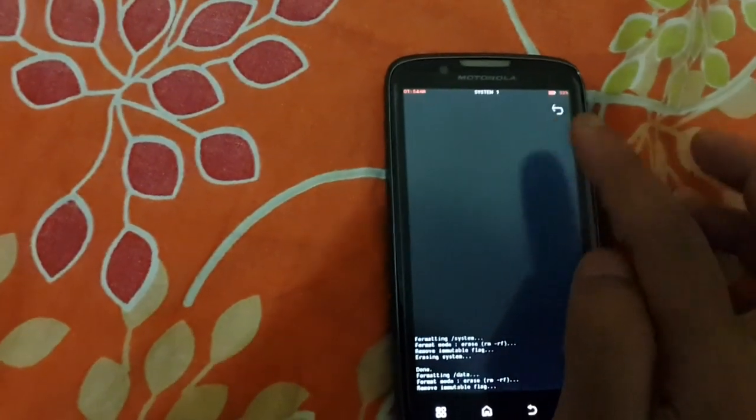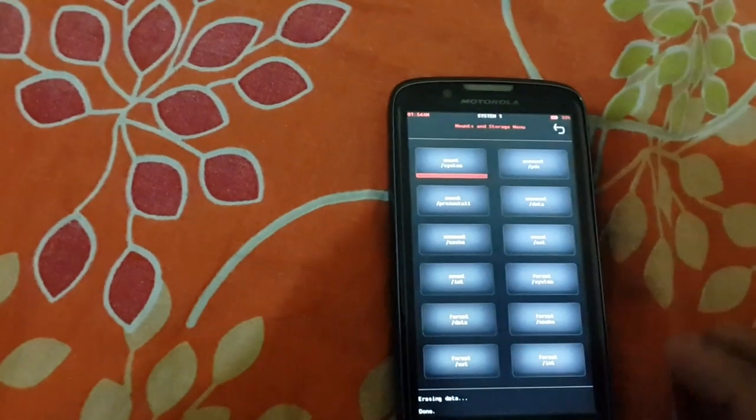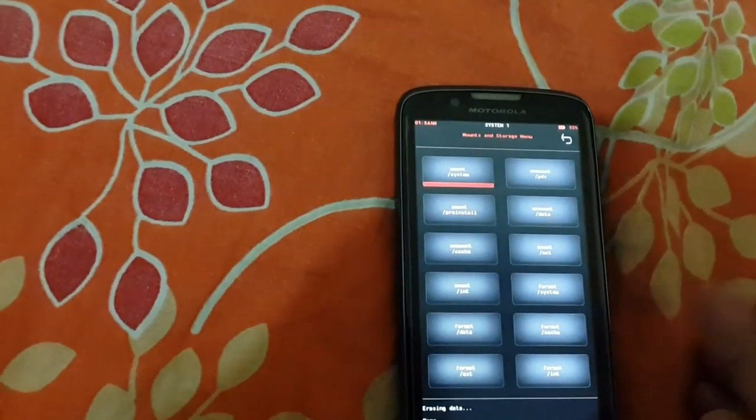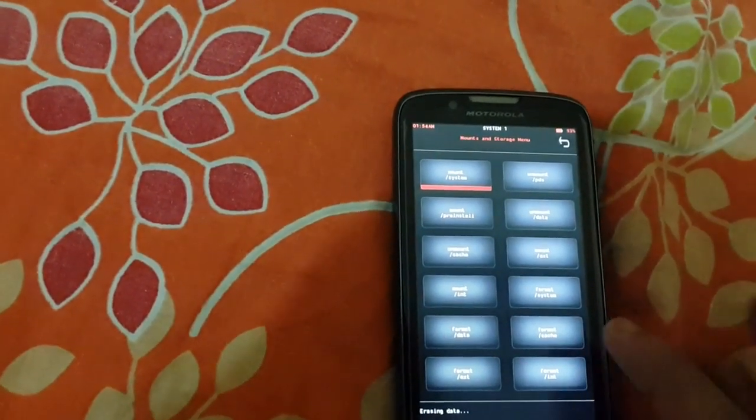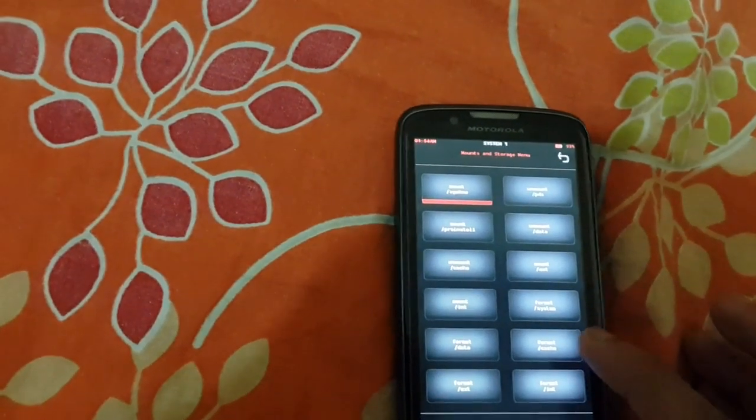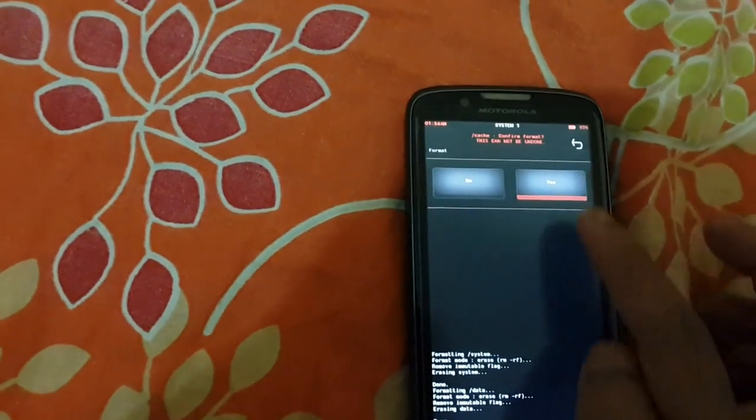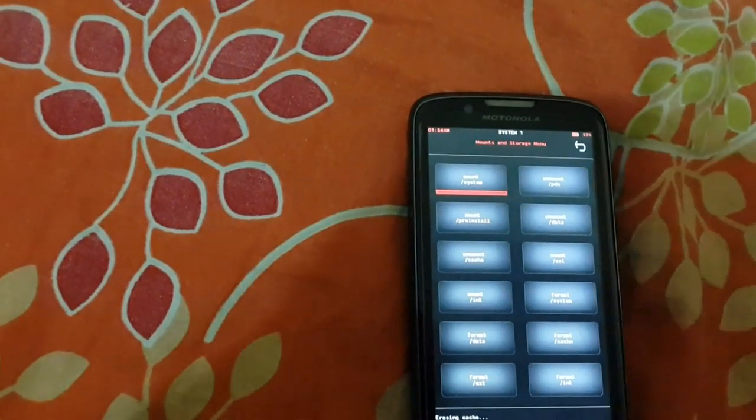It doesn't actually format the partition because it is the locked bootloader. It generally just wipes the system partition and data partition. It doesn't format actually. There's a difference between wiping and formatting. Okay,